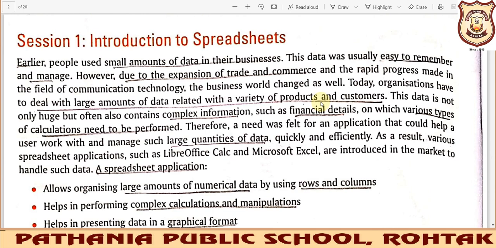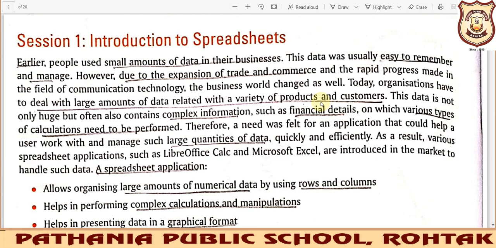E-commerce is doing business online, and it includes e-shopping and e-reservation. Because of e-commerce we need to store the data of the customers, and the data of the products that we are going to sell on our particular site.